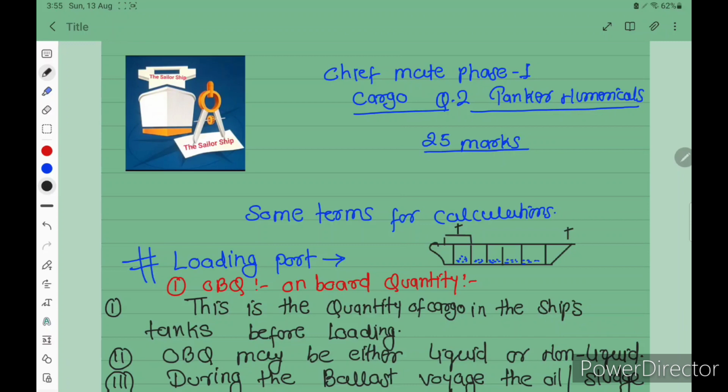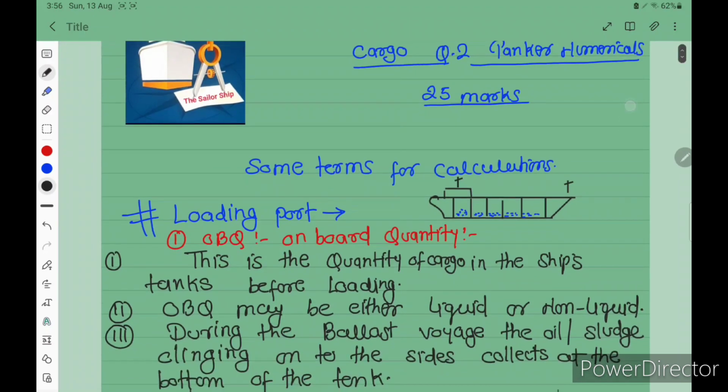So before proceeding to the numericals, we go through some terminology which the tanker guys already know, but for the non-tanker guys they feel a little bit uncomfortable with that. So before going to the numerical parts we have to discuss this terminology so that they will also be on the same page. Okay, so once the vessel goes to the loading port,